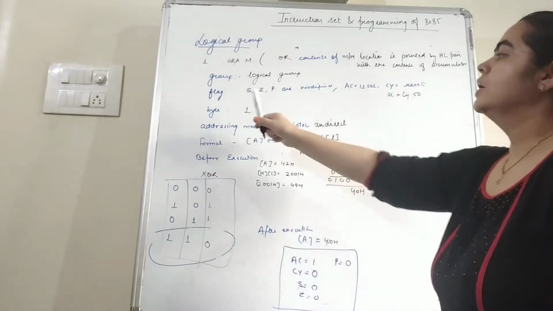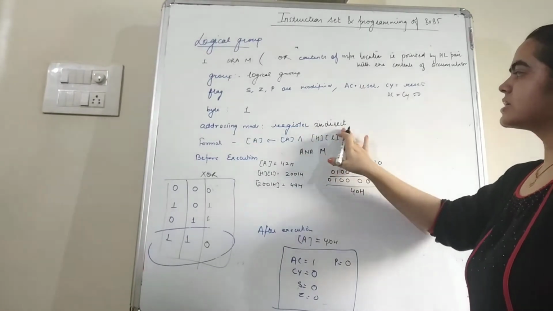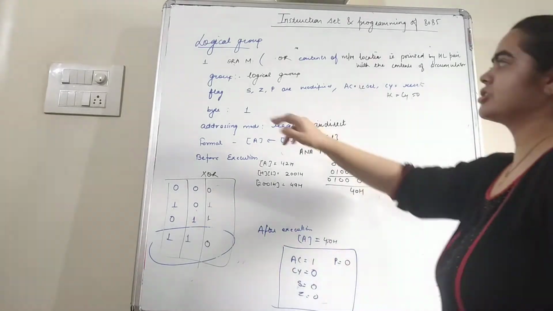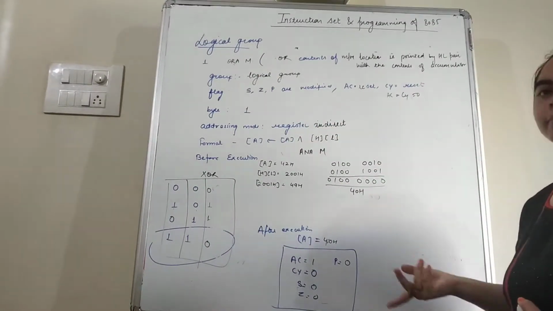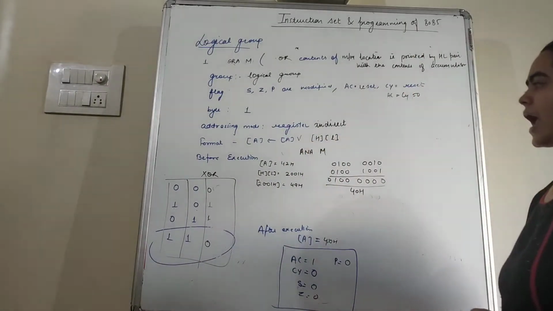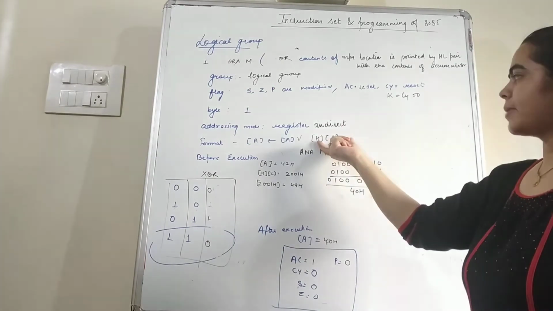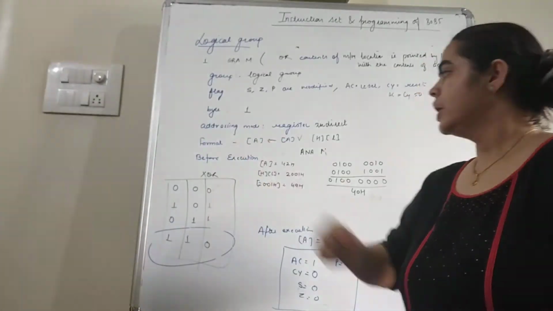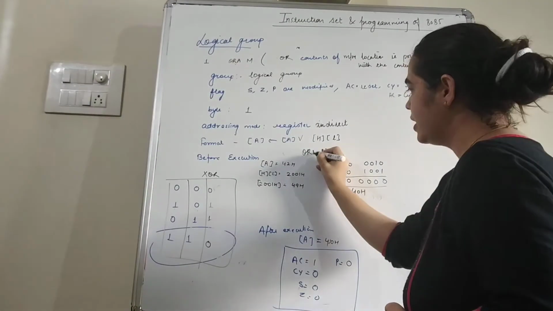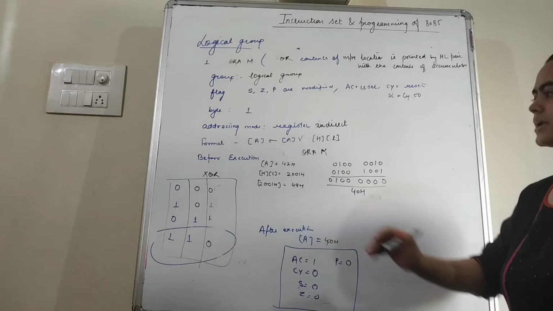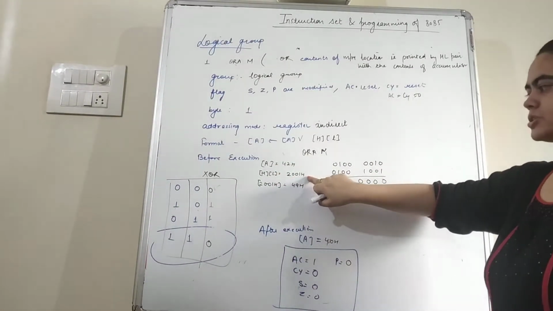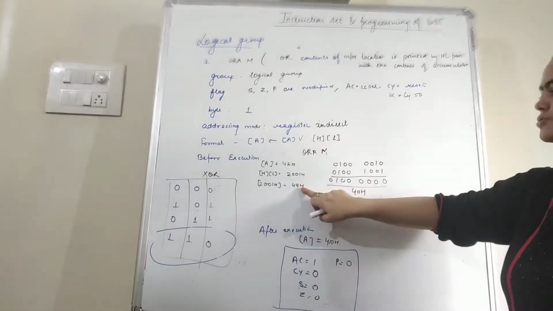Byte is 1, addressing mode is register indirect, because indirectly we can get the value from the memory location that is pointed by the M. So M is HL pair. Here the format is contents of A OR the contents that is pointed by the HL pair, and the result is stored in A. Now students, in this example we can see we have ORAM. So we have same contents, that is in accumulator we have 42H, HL pair is having address 2001, and at this location we have contents 49H.